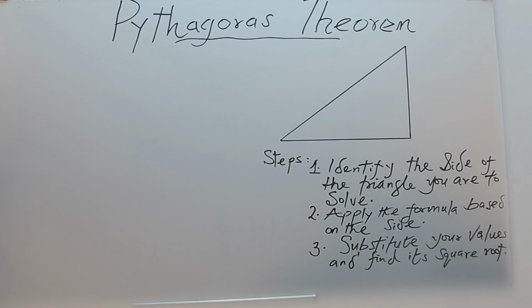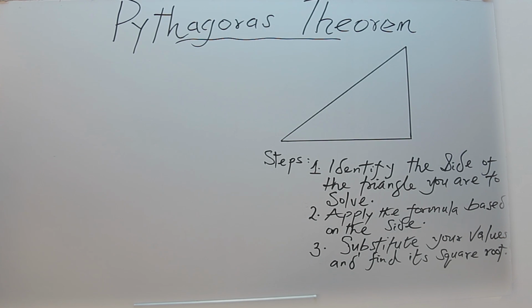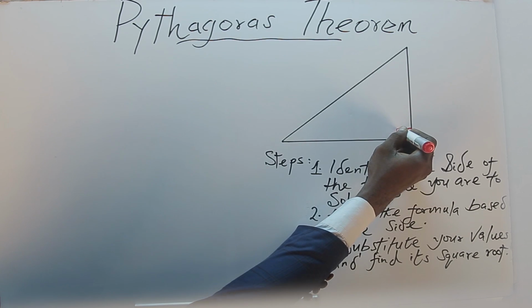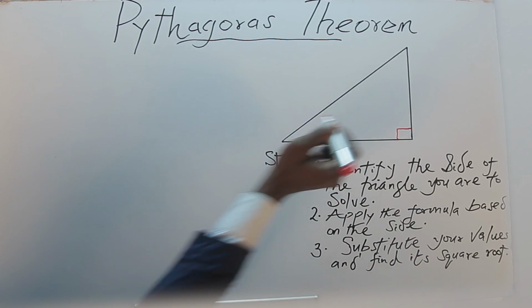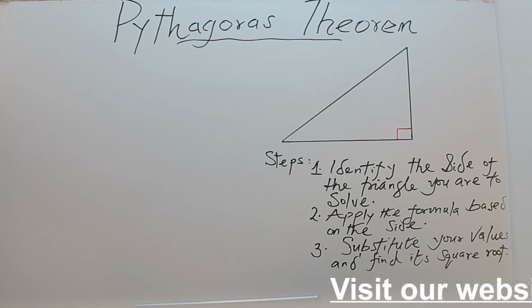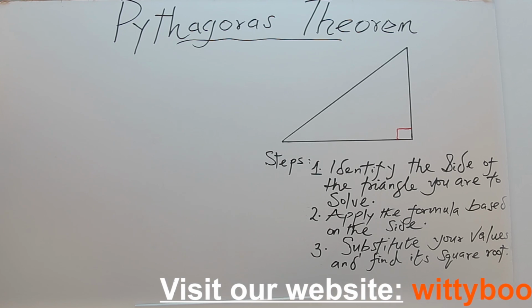Right, we're looking at the Pythagoras Theorem. The Pythagoras Theorem is only applicable to right-angle triangles. So when you're given a triangle that has a right angle and you're required to find a side, let's agree